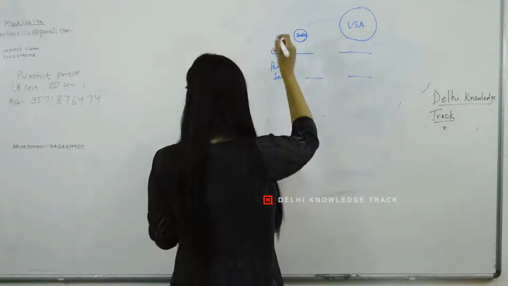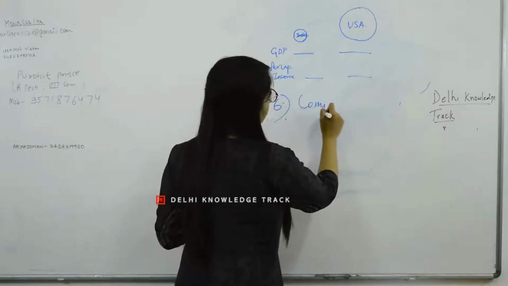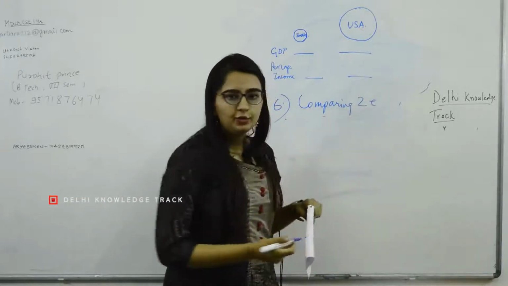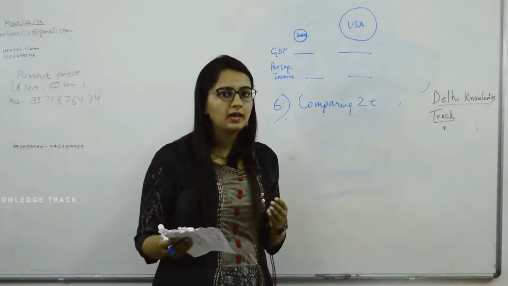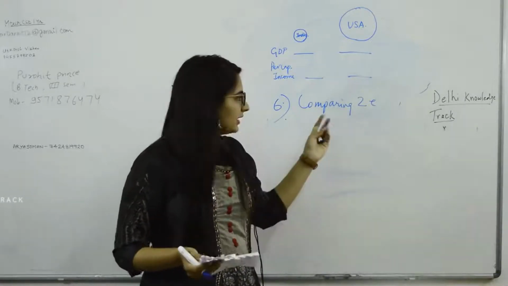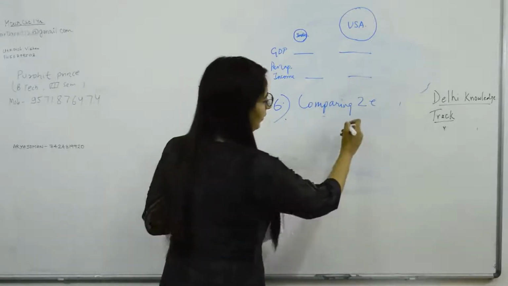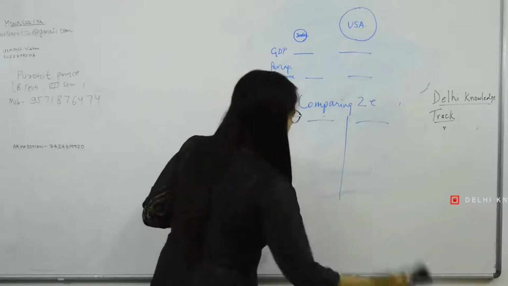Next is comparing two entities. In anthropology, there was a question on the difference between monozygotic and dizygotic twins. There are many such questions when you have to compare two entities, two procedures, and what we generally do is draw a line and write about the two. One other approach which can be followed